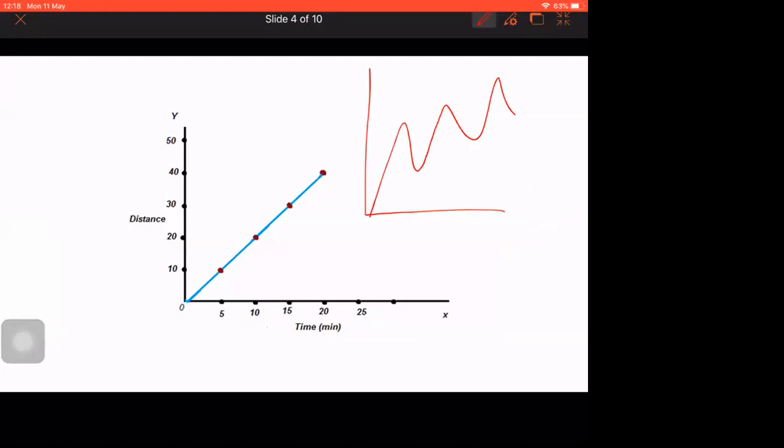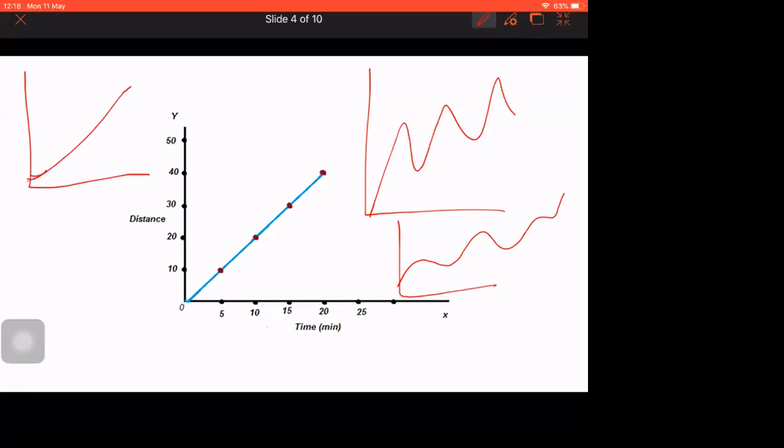Yes, ma'am. You will get it, right? You will get a graph like this, and you will get one like this also. When the object is moving with non-uniform motion, any kind of graph is possible. I know, very good question. Now, when I give you in the data that for non-uniform motion it is like this, it doesn't mean it is only like this. You are getting my point?